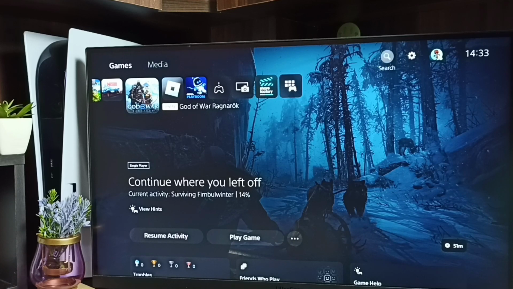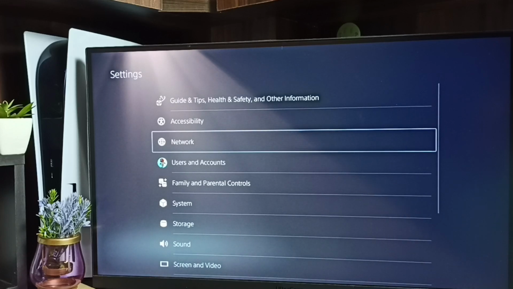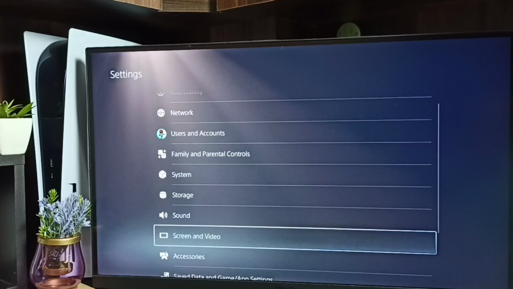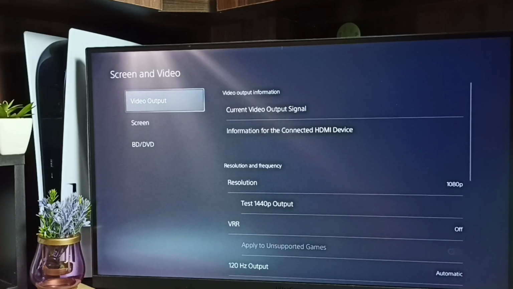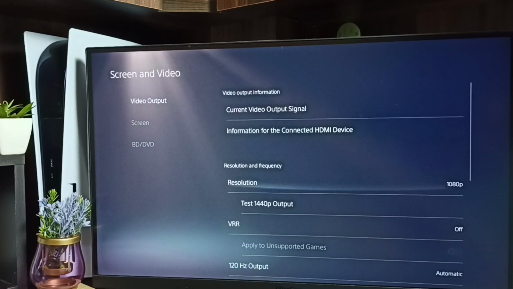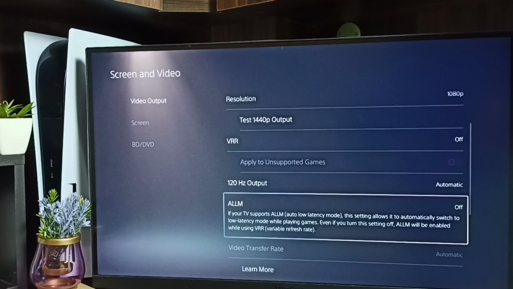First go to settings. Select settings icon from top right corner. Under settings, go down, select screen and video. Then go to video output. Go down and here we can find